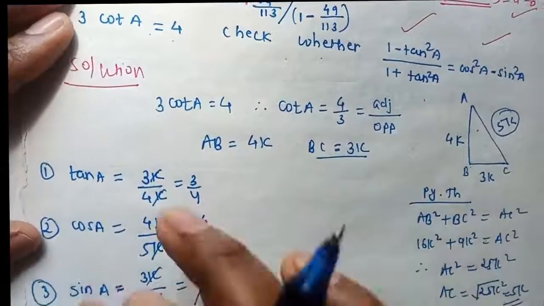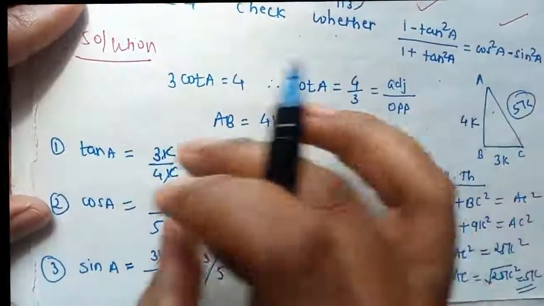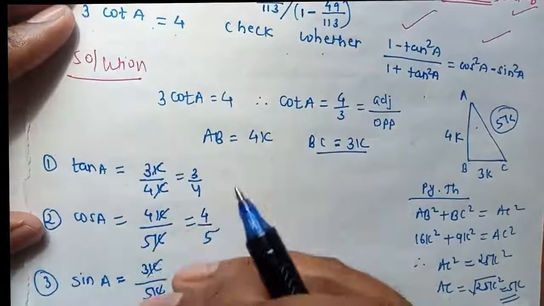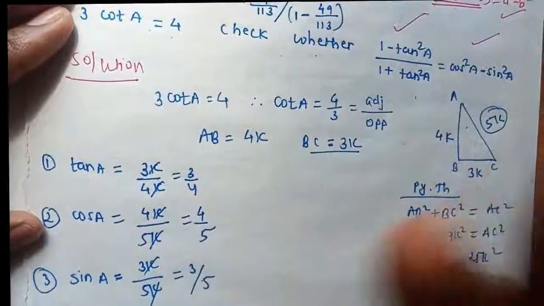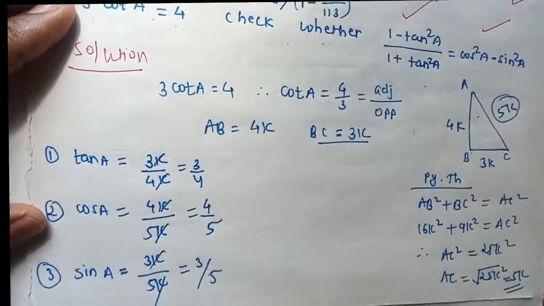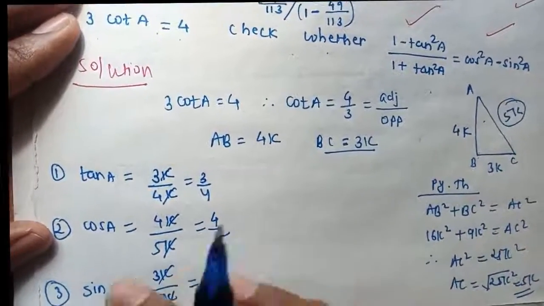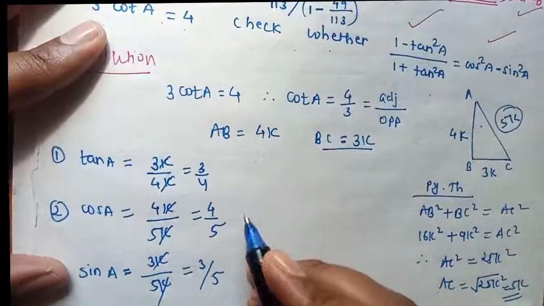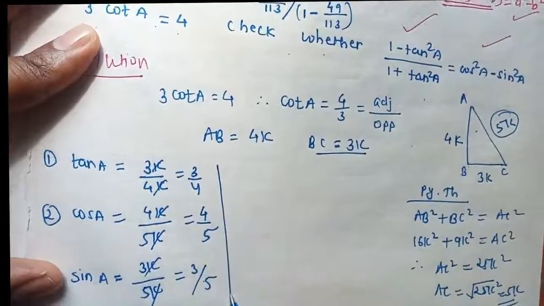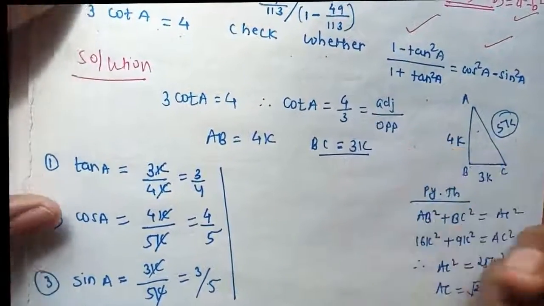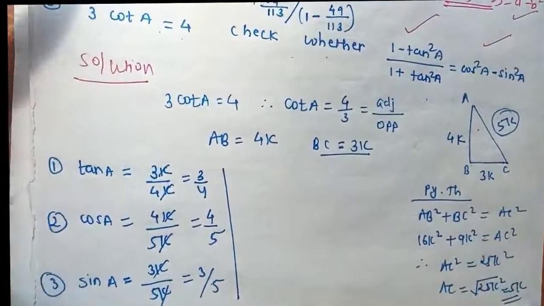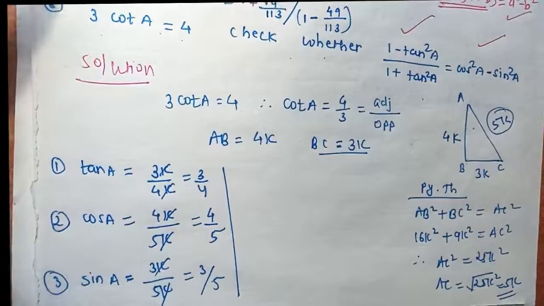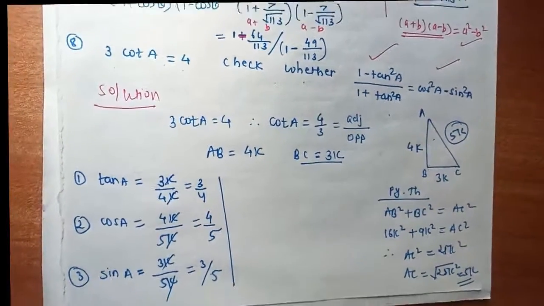See, in the exam you can slowly write down all the formulas, adjacent upon opposite or hypotenuse, and so on. Since these formulas repeat in every problem here, I am just doing that directly. So all these values I got. Now what we have to prove is, in the next page we'll start with, we have to prove that